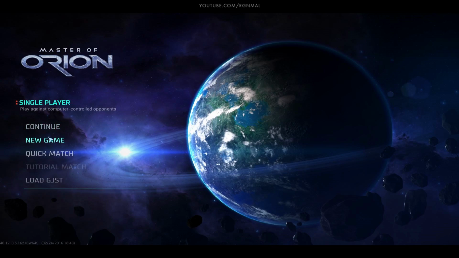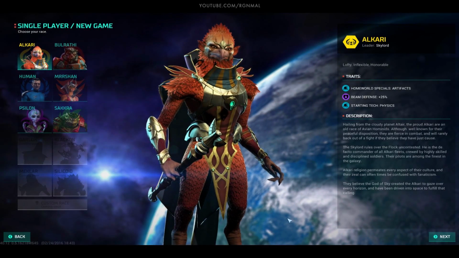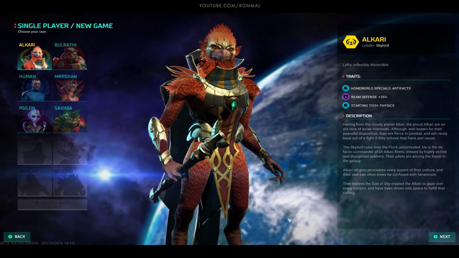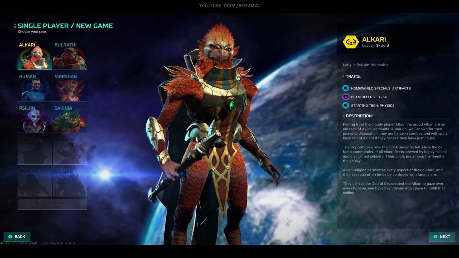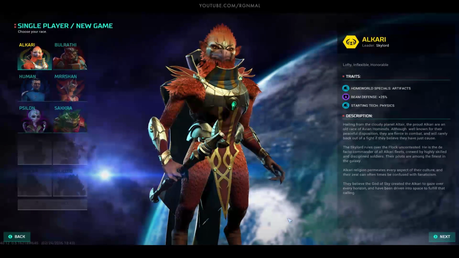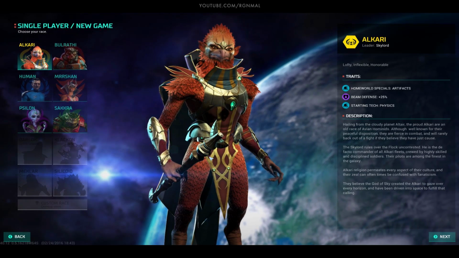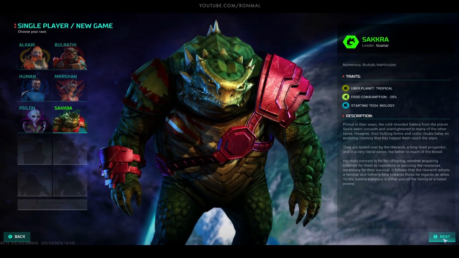Hailing from the cloudy planet Altair, the proud Alkari are an old race of avian hominids. Although well known for their peaceful disposition, they are fierce in combat and will rarely back out of a fight if they believe they have just cause. The Skylord rules over the flock uncontested. He is the de facto commander of all Alkari fleets, crewed by highly skilled and disciplined soldiers. Their pilots primal in their ways, the cold-blooded Sakura from...